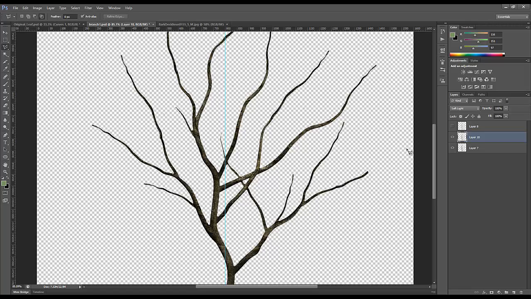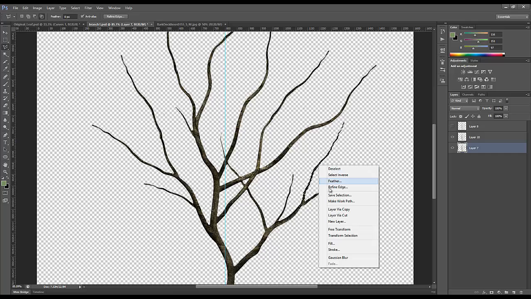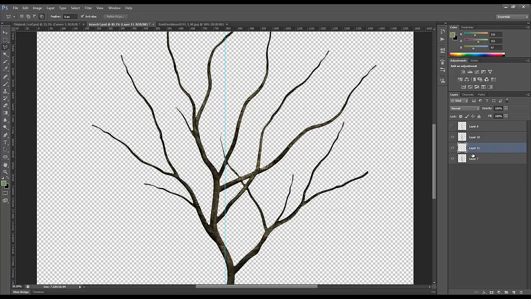And if we want to create new additional branches, then we just simply select our branch layer and control click to create a selection, then go to selection tool, and for instance we will chop this and make sure that you have the intersection with the selection layer selected. Then just chop out a portion of the branch like this, and this will remain selected. Click right and layer via copy. Now we have a new layer,